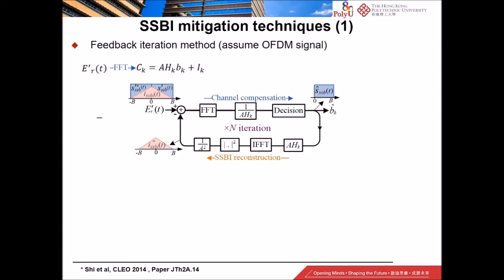Now the first way is a feedback mechanism. It's a feedback iteration method. For the purpose of discussion, let's just assume it is an OFDM signal. Okay, so now if you start from the receive signal, if you do the FFT, then what you will get